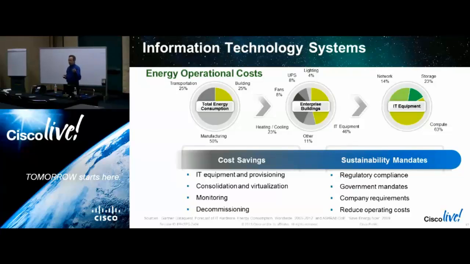Monitoring, is that really a cost-saving thing? Not really, but it's a great enabler. It's like the internet is the great enabler of cloud, of mobility, of all the rest of this stuff. You can't manage what you can't see. And so monitoring is on here because if you're not monitoring the right stuff and managing how you monitor it, and we're going to talk about this in a little bit, then you're going to lose a lot of the efficiencies you can get.